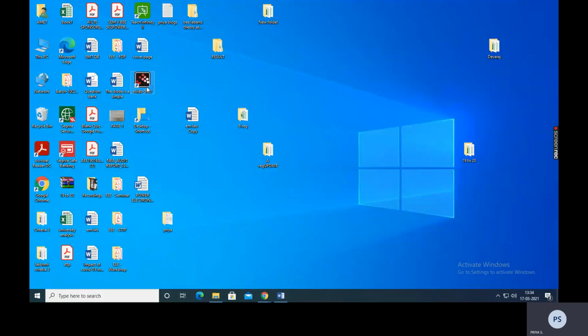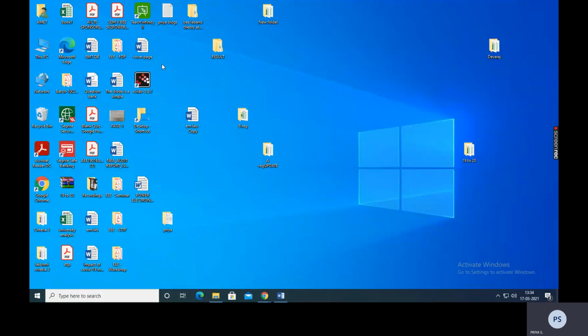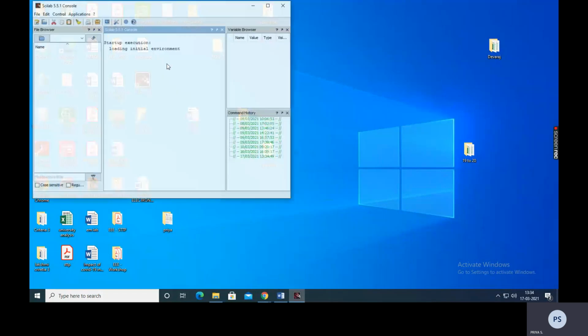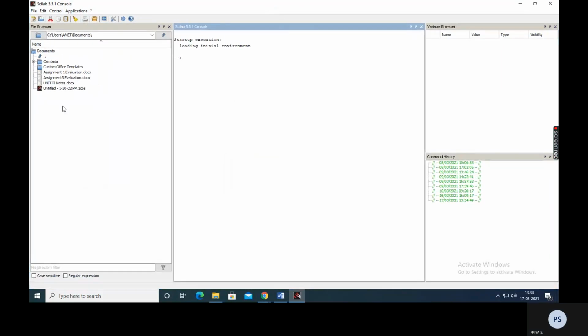So we are going to use the Scilab window. When I am opening the Scilab window, there you have an Xcos window. When I am clicking the Xcos window, you have a palette. In there, whatever systems you want, it is going to be there. So see there, this is called the Xcos window. So I am just clicking the Xcos window